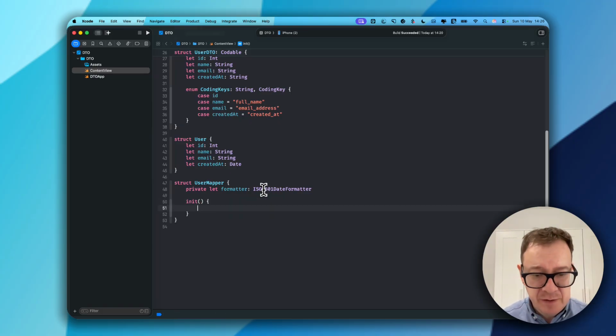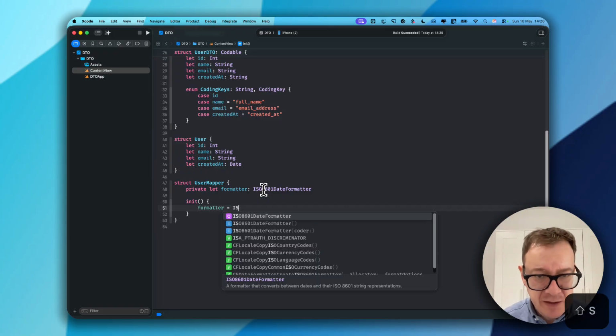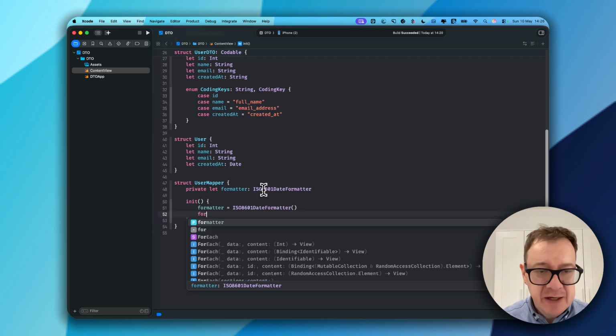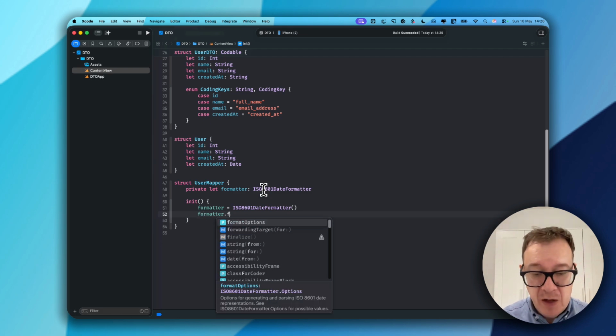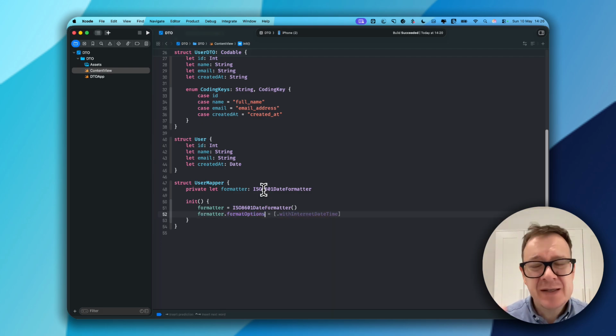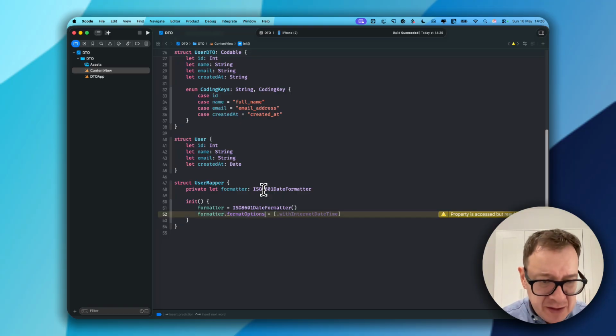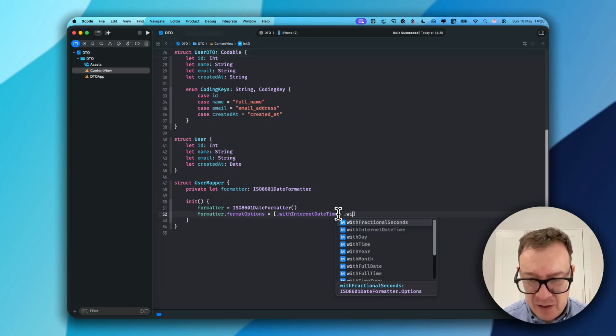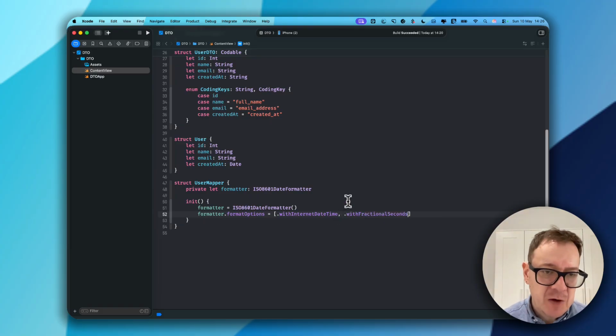And we are going to say formatter equals ISO date formatter. And then you can just add in here some format options. This is, again, optional. But let's just add it with internet date time, and let's just have also with fractional seconds, just like that. Okay,